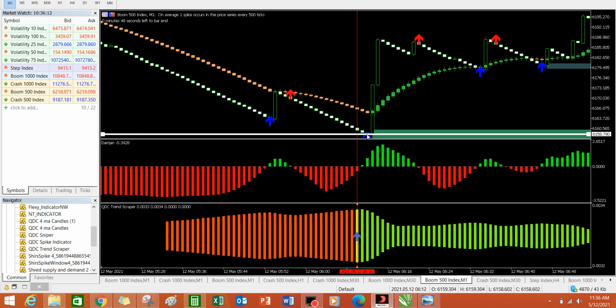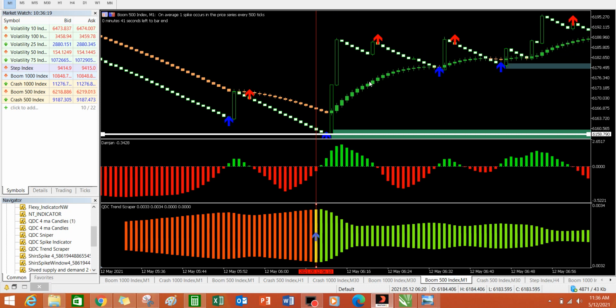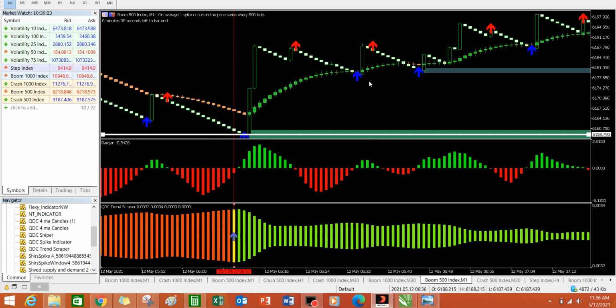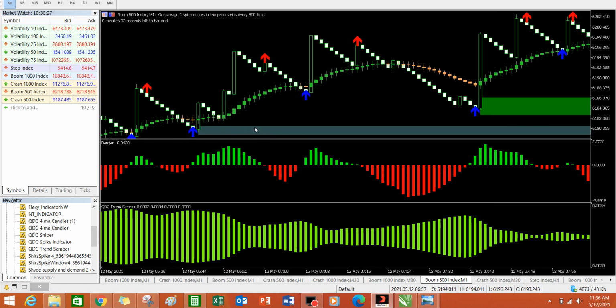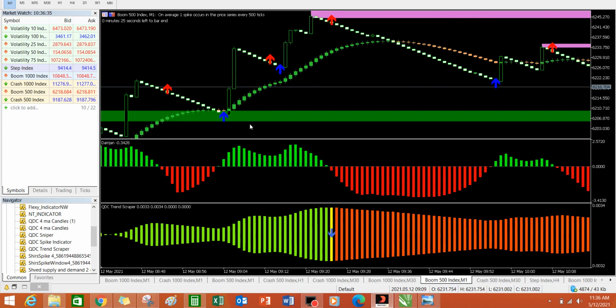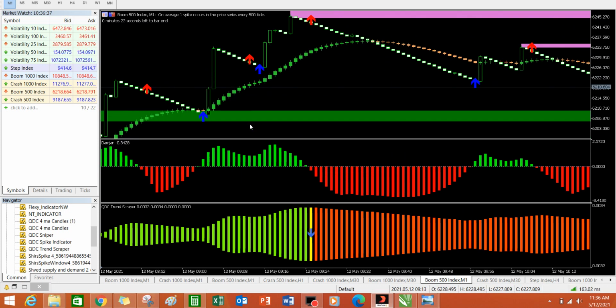So let's say we decide to place our order where the blue arrow showed up. Just a few candles after that, it started spiking, and it spiked on this support level. Check it out, this is another support level which led to another spiking area. Check it out, it was for a very long period, isn't it?